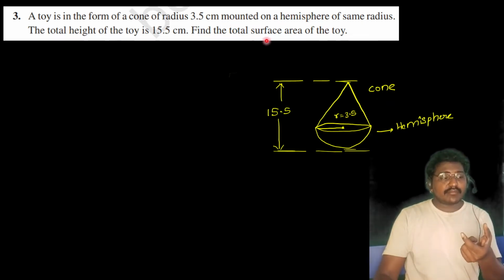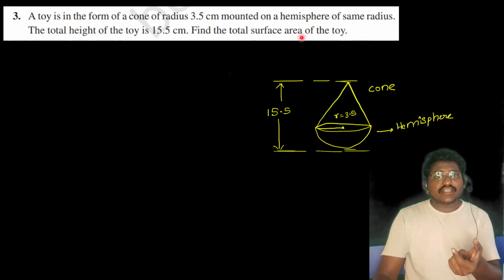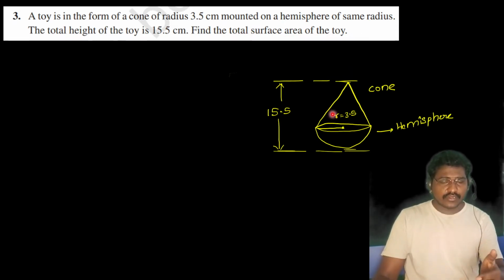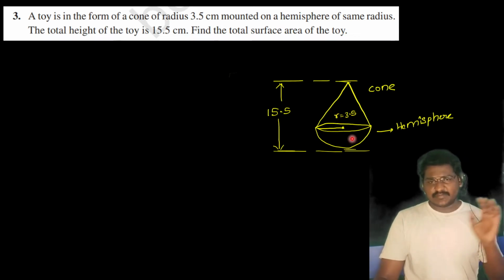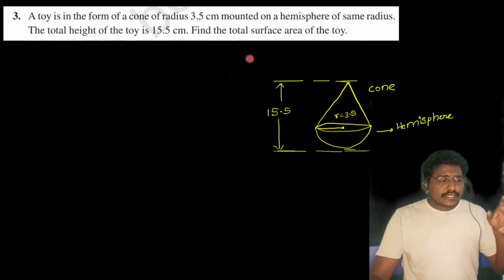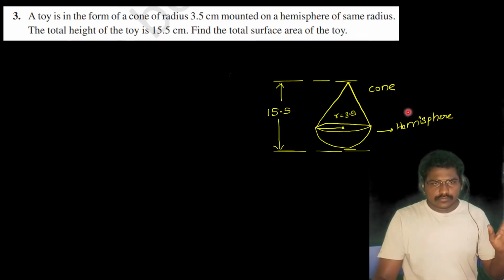Here, finding the total surface area of the toy doesn't mean that we have to find the total surface area of cone and total surface area of hemisphere. Sorry, total surface area of the toy does not mean TSA of cone plus TSA of hemisphere. Why not? Total surface of the toy means that